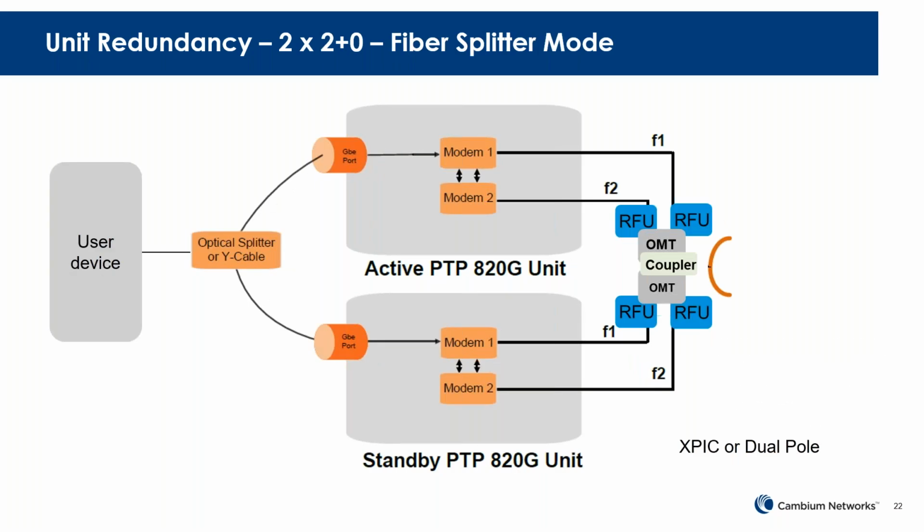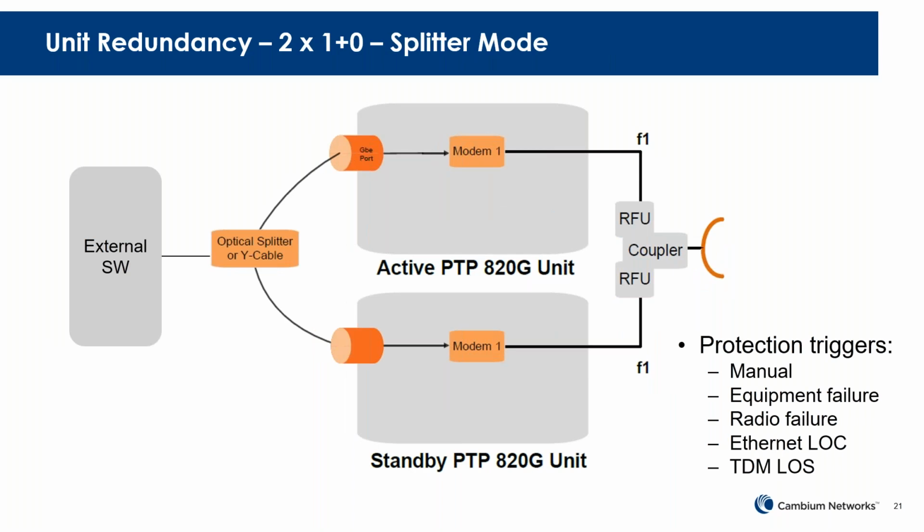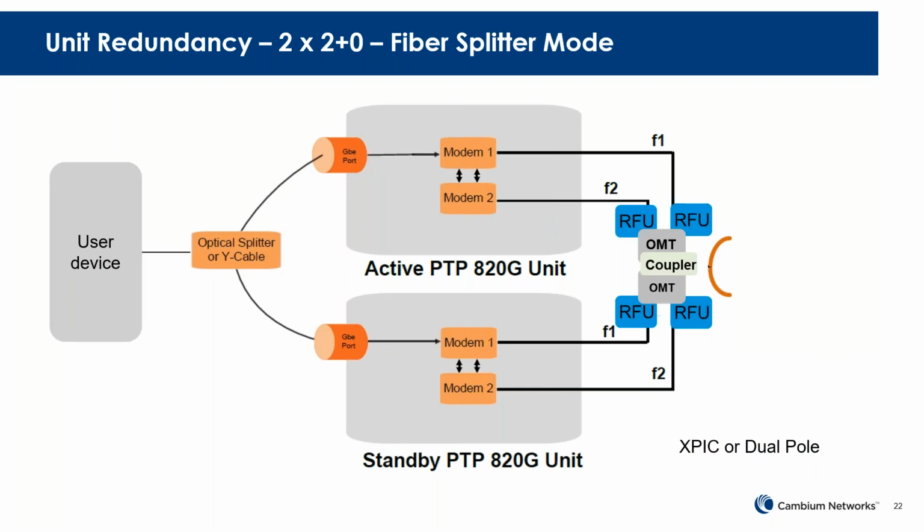Unit redundancy, with A20G we also support XPIC or dual pole. So you can do a 2+0, 2 times 2+0. And you can see in this case, you get the A20G. Okay, so as on the previous slide, we get unit redundancy and RFU redundancy, right? And same here, 2+0, 2 times 2+0, you get unit redundancy and RFU redundancy. You can see from this picture here,